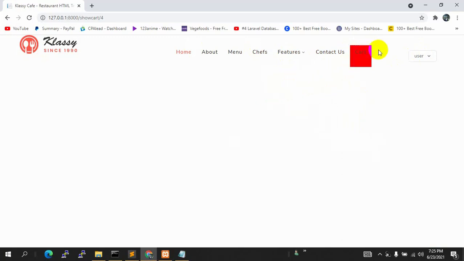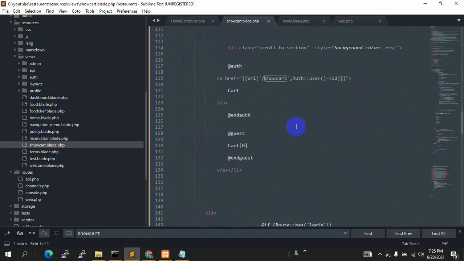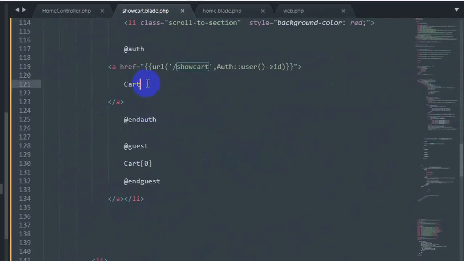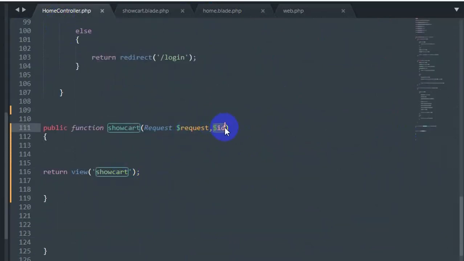Now here first of all let's just fix this cart option. So let me just say over here dollar count. Now in the previous tutorial, if you are following this tutorial, you already saw how we show the count. It's really simple. We are already getting the user ID. We just need to say over here, let's say dollar count equal cart, which is our table name.